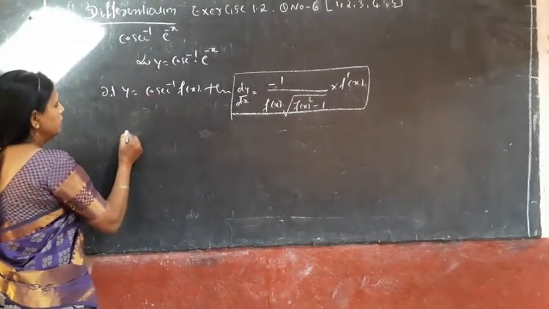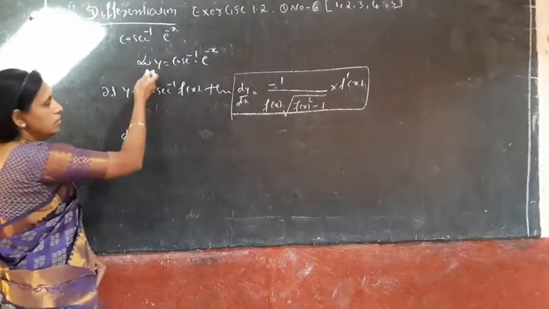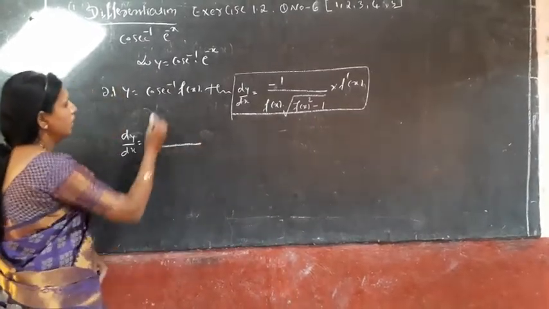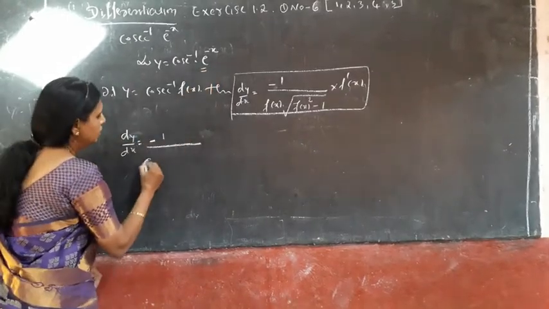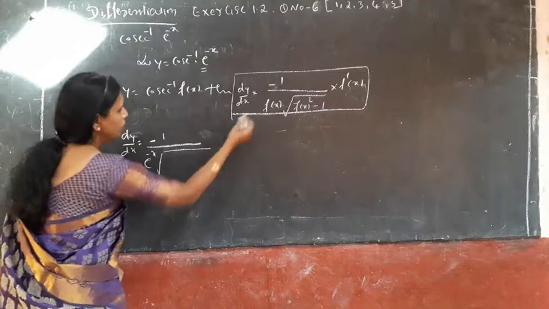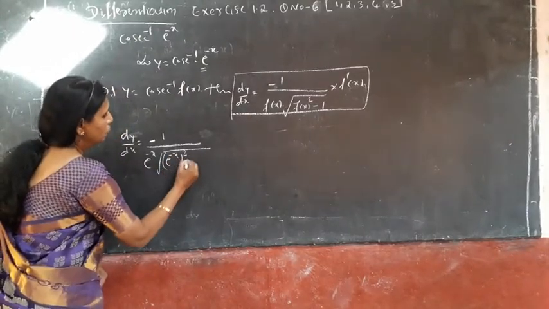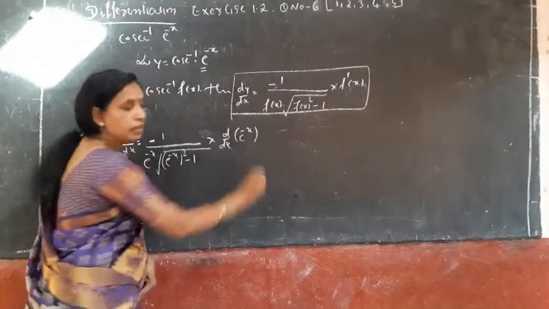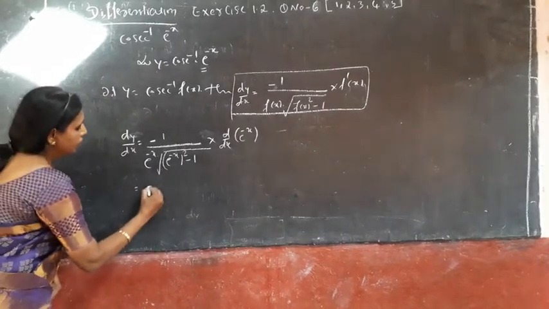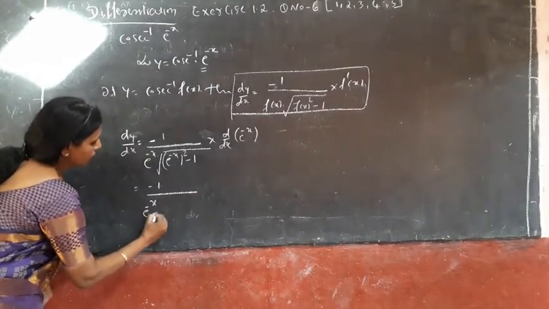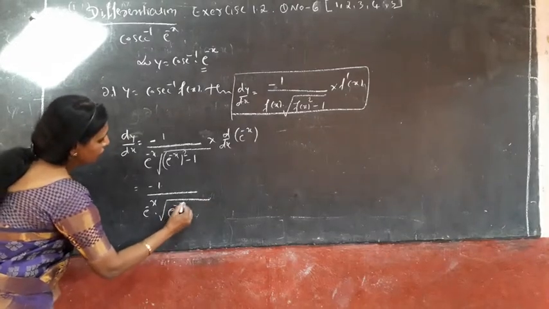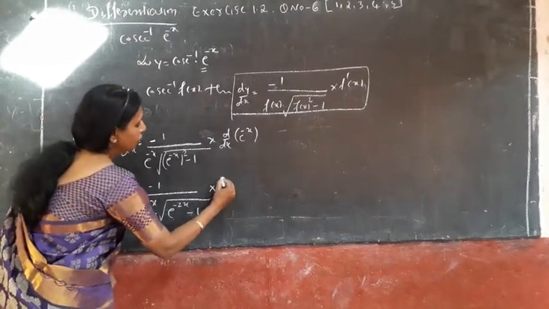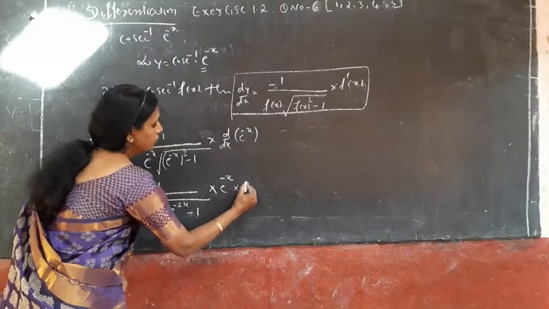So, differentiation of above equation becomes, that is differentiating with respect to x, we get, write first minus 1 divided by f of x. Here f of x is e raised to minus x square root of e raised to minus x raised to square minus 1 into differentiation of the function, that is e raised to minus x. So write here minus 1 divided by e raised to minus x square root of e raised to minus 2x minus 1 into differentiation of e raised to minus x, put e raised to minus x as it is, and